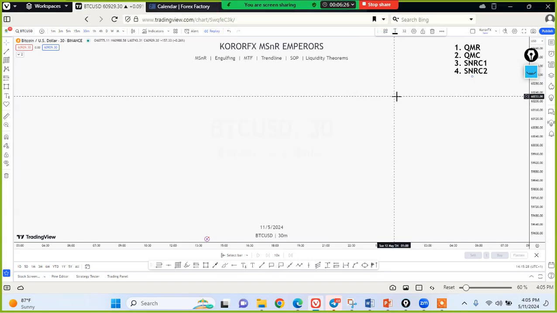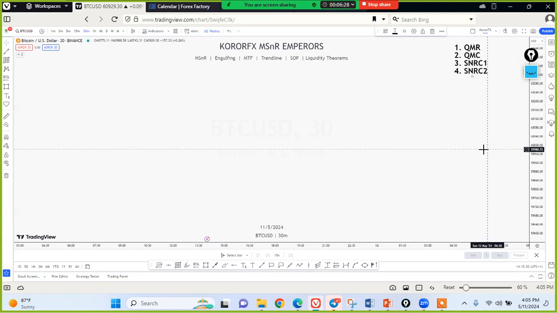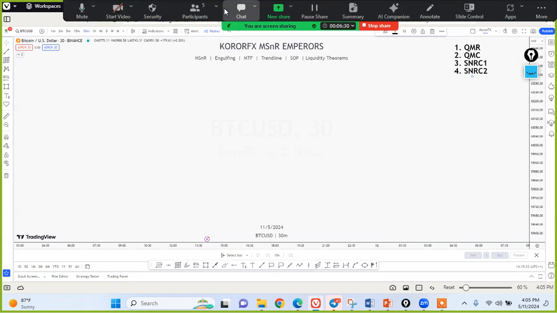So you all, I think you know what the QM is. Bola, what is QM, please? QM, sweep liquidity vehicle structure. Let me see, I'll show you. All right. So the QM is